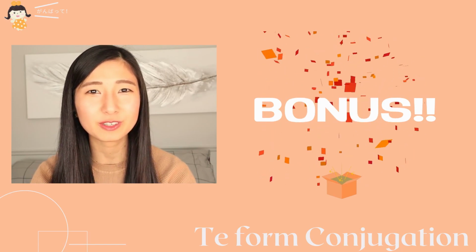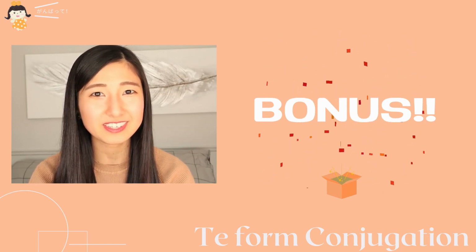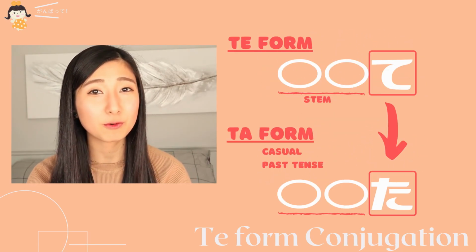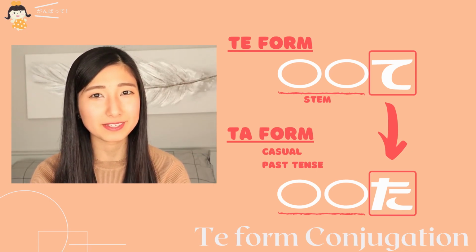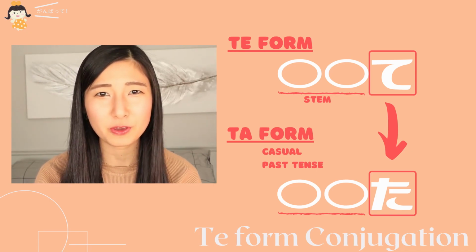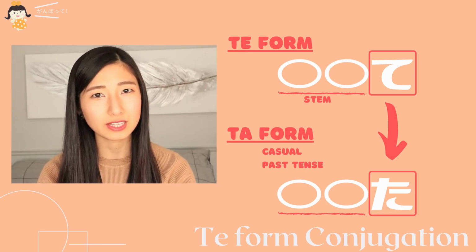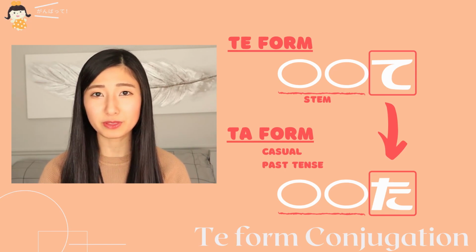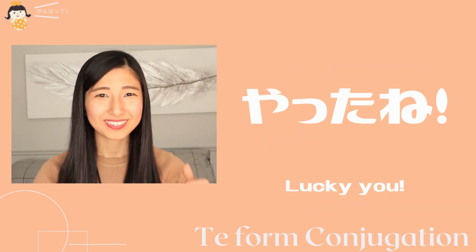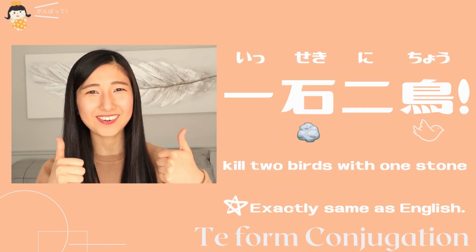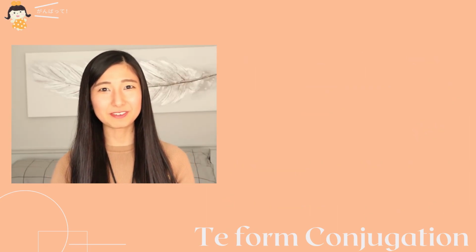Once you learn te form conjugations, the conjugation for ta form, which is casual past tense, is easier for you because all you need to do is just change te to ta. It applies to everything. やったねー！一石二鳥。